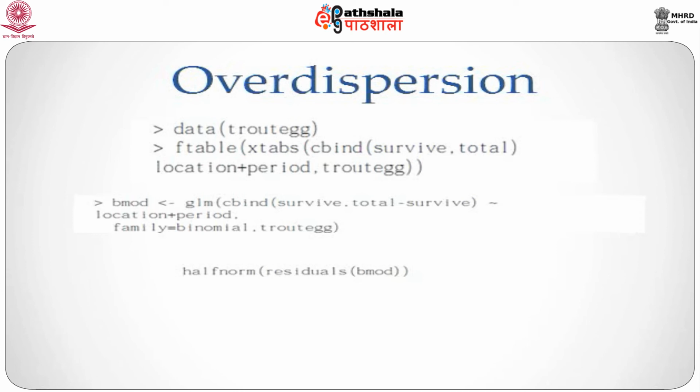Briefly, the concept of over-dispersion. So you have been seeing in the previous R output that we have been getting one line which says that the dispersion parameter for the binomial family has been taken as 1. This means that when we relate the variance to the mean, we just have a situation where the variance can be specified completely given the mean.